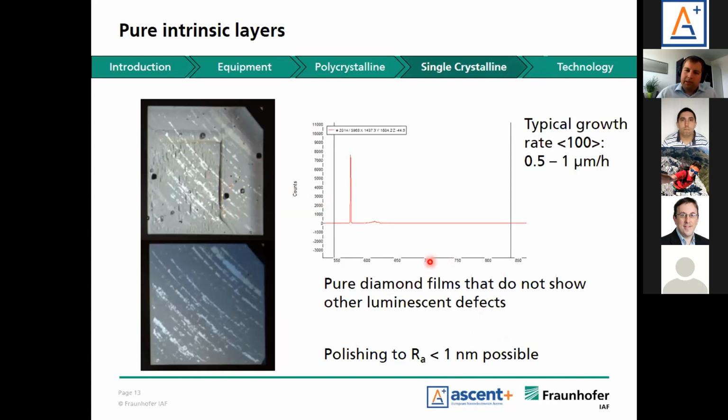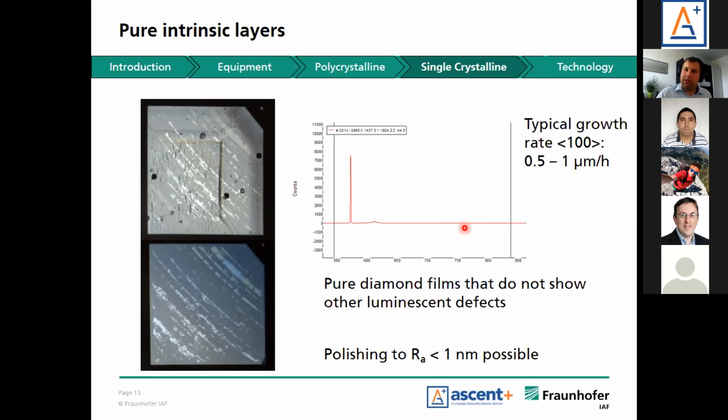These pure diamonds don't show any luminescent defects. So this is a PL mapping. You have the Raman peak, you have the second order Raman here. And what you very often see for diamond, which is also a huge problem if you want to grow pure, you will get nitrogen doping, and with that you get nitrogen vacancies, and they will be visible here. 638 is the NV minus zero phonon line, very close to the Raman peak is NV0, and they have a huge sideband. Also, what you typically see in diamond are silicon vacancies, and sometimes in HPHT diamond you also see other